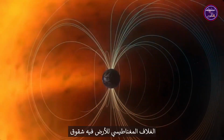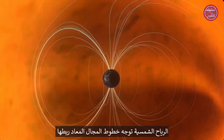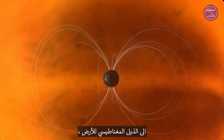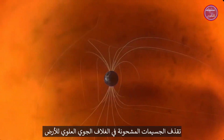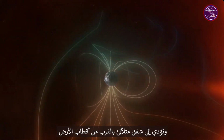Earth's magnetosphere has cracks caused by magnetic reconnection. The solar wind pulls reconnected field lines into the Earth's magnetic tail. These stretched field lines ultimately connect again, blasting charged particles into Earth's upper atmosphere and resulting in shimmering auroras near